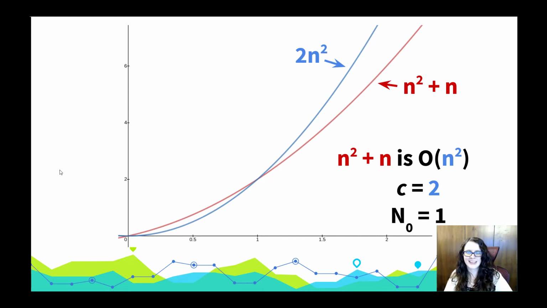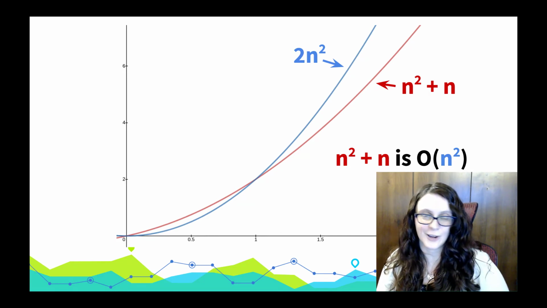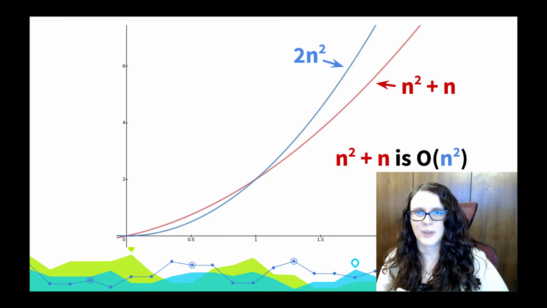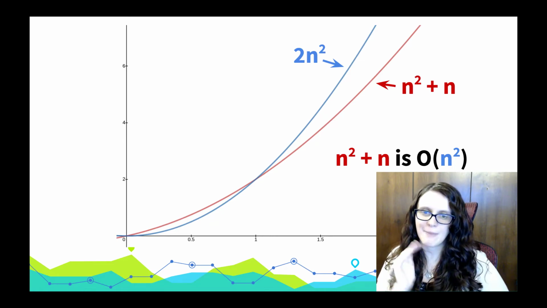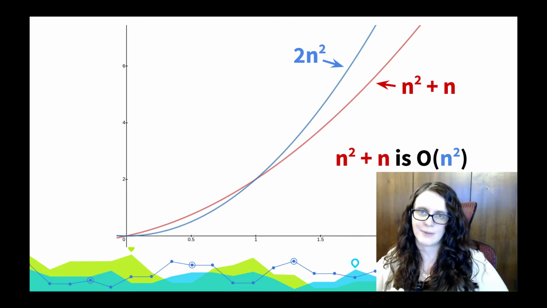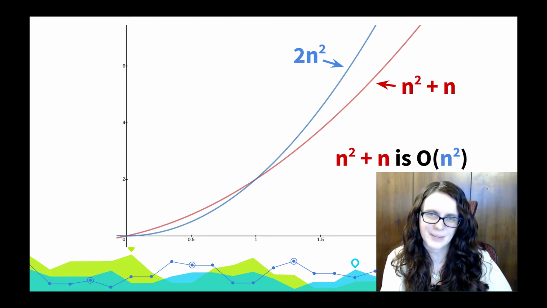So that's why putting an additional constant out in front of the n squared term allows us to ensure that our bounding function is always going to be higher than the function that we're bounding. Of course, n squared by itself is not going to be larger than n squared plus n. But by multiplying it by a constant, we can ensure that past n naught it is always above the function that we're trying to bound. Just to briefly elaborate on why the definition of big O is set up like this,